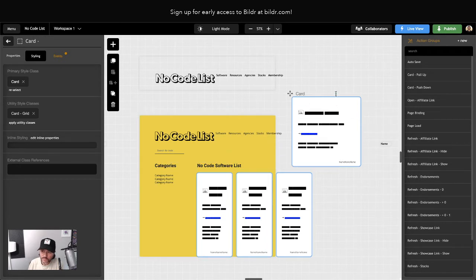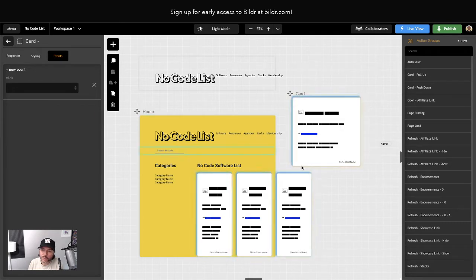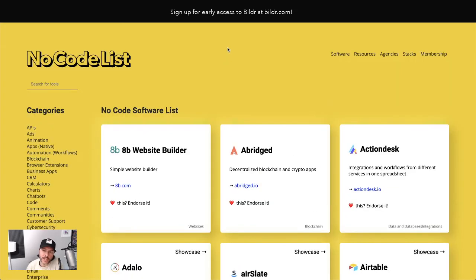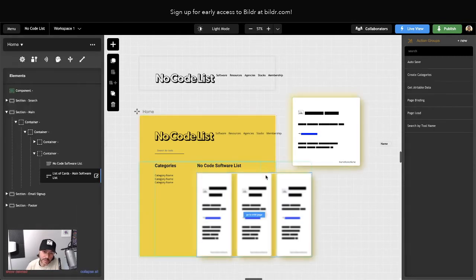So on this card right now, I have these events. For this second, I'm just going to remove them, so now there would be nothing. Let's just go step by step. Right, so now there's nothing. But I want it so that when I hover over all the cards, they all push down. So let's try that. This element here